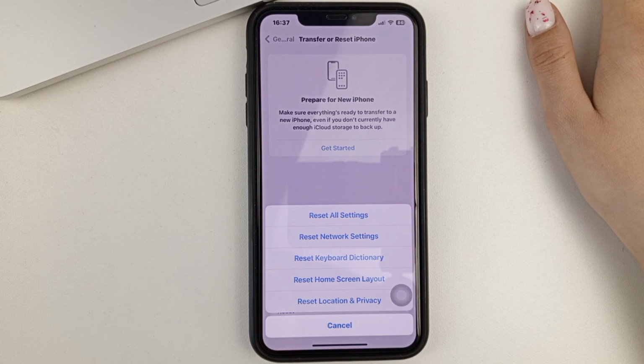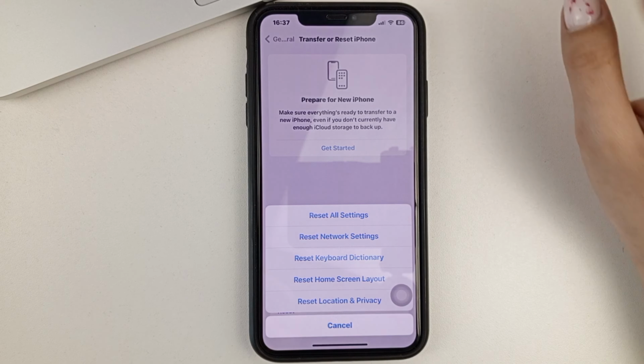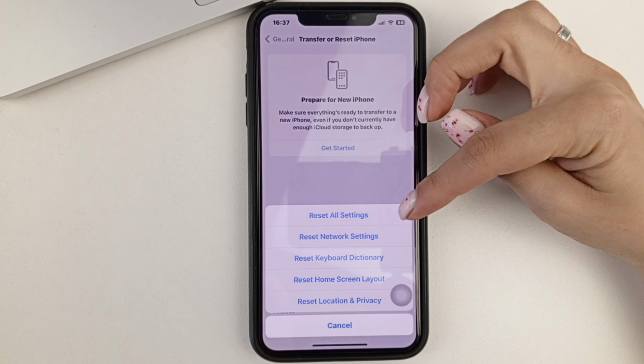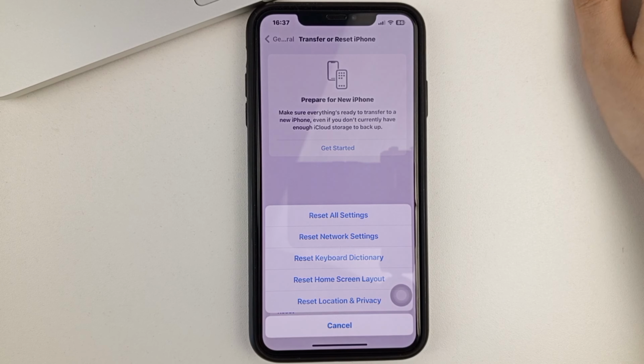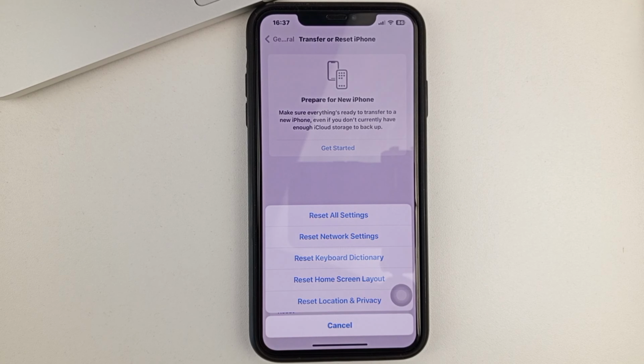in order to reset the camera to factory settings, we'll need to select the very first option, which is Reset All Settings. And yes, friends, unfortunately, this is the only way you can reset your camera to factory settings, only to reset absolutely every single setting on your iPhone completely. In doing so, you won't have any of your, for example, media files, photos, videos, audio deleted or disappeared.